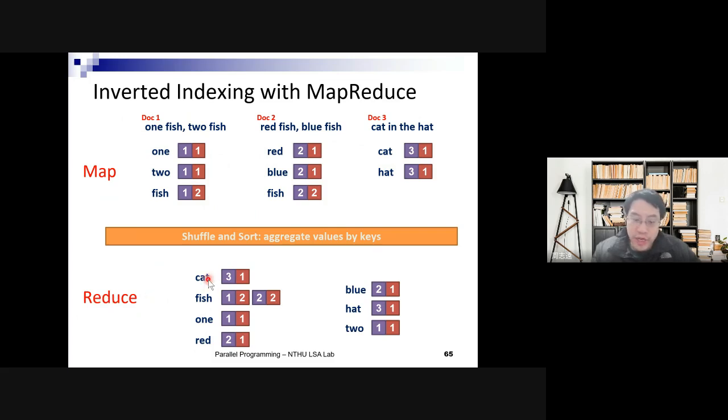So actually it will call the reduce function 4 times, right? Each reduce function for each key. The reduce function simply tries to concatenate the key value pairs of that term together to generate our inverted index content. Like in this case, fish appears in document one and document two, but they will be aggregated together